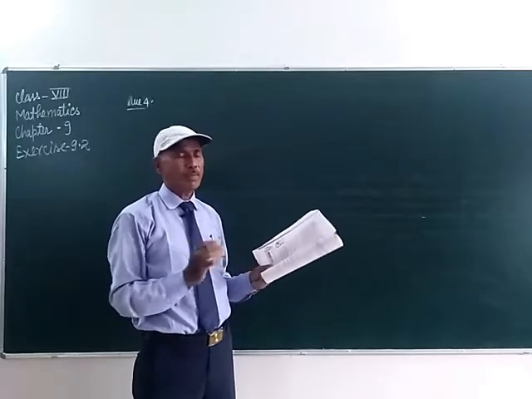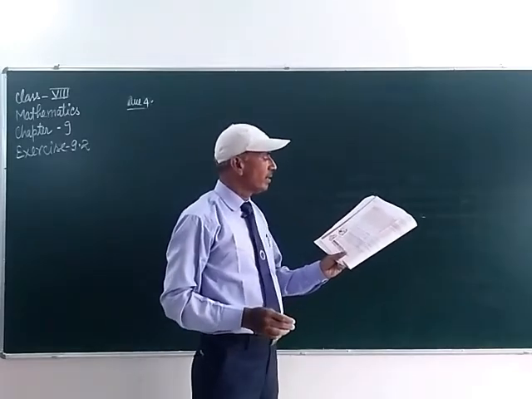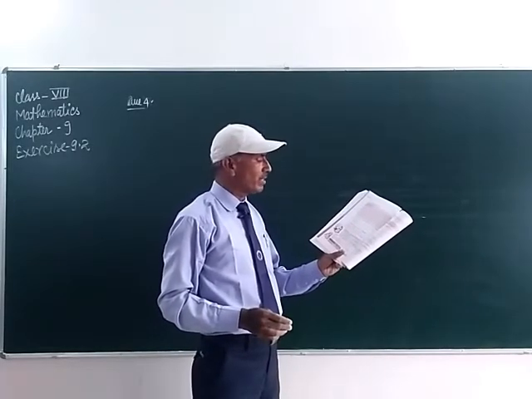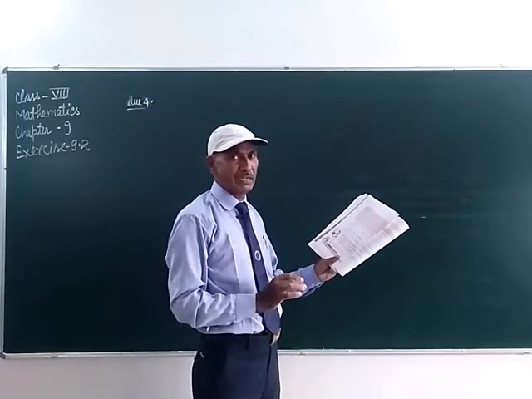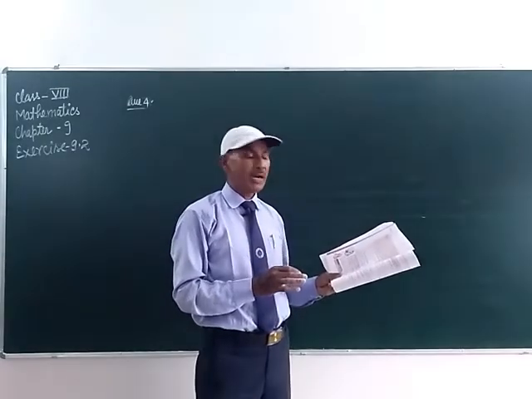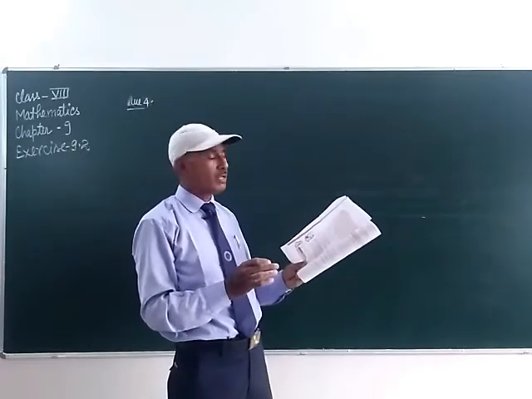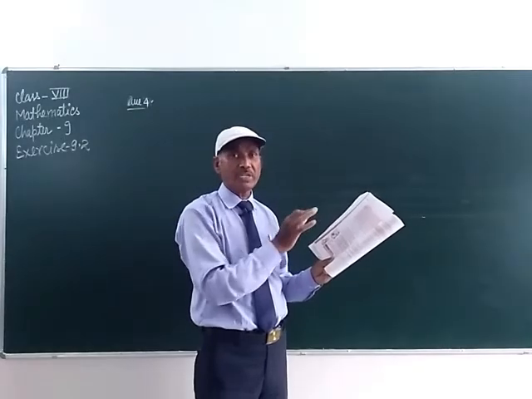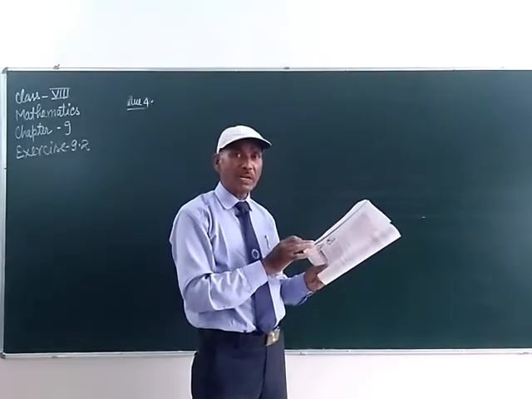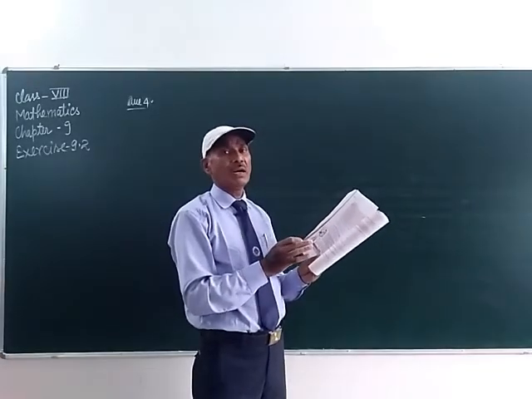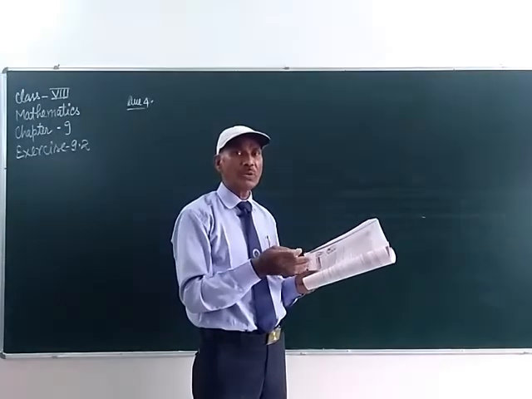Now we will solve question number 4, student, and in this question number 4, it is given that obtain the volume of a rectangular box with the following length, width and height respectively. Length, width and heights of the boxes are given, students. We have to find out the volume of the boxes. So we are not going to write the question here, student, and first of all we have to understand, student, the volume of a rectangular box is length into width into height, L into B into H.